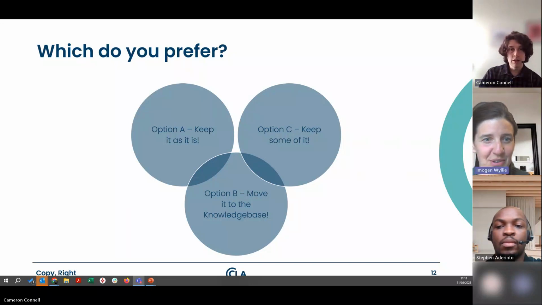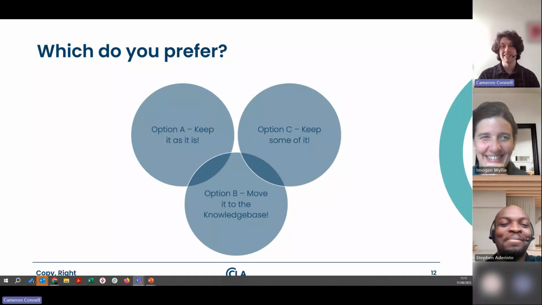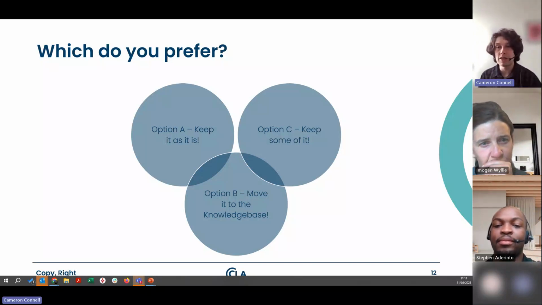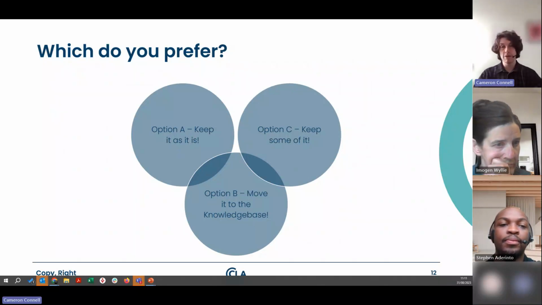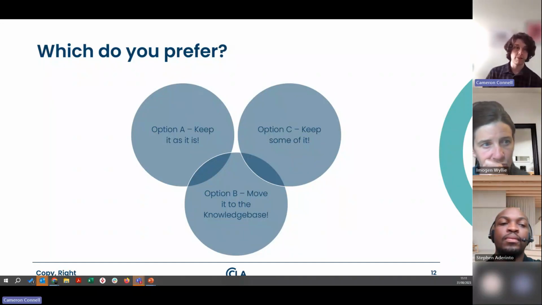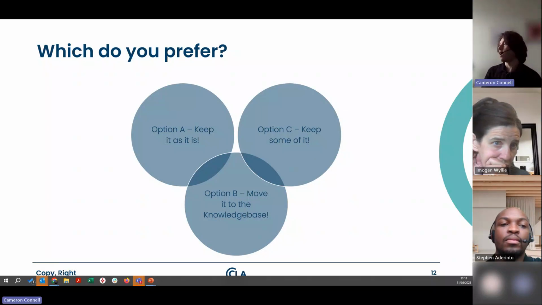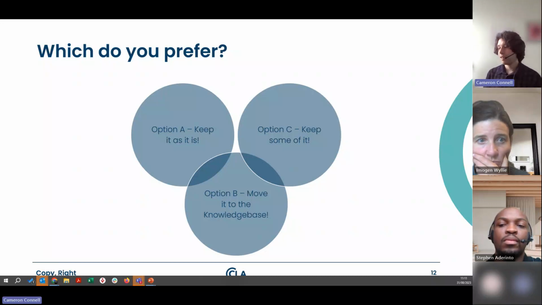Okay. Pretty strong results, I think. Yes, pretty strong results. So it's looking like the majority of you would like us just to move everything over to the knowledge base. So that's absolutely fair enough. We can get started on that very soon. A couple of you did want to still leave some stuff on there. Please do let us know what it is that you did want to keep on there, because if it was just, say, one link or something like that, then you could leave that on there, because we don't want to leave you high and dry, as it were. Let us know what it is and we can have a think about that. But it does look pretty unanimous that you'd like us to move everything over to the knowledge base. So thank you everybody for taking the time to have a look at that. That's great. Let me just close the poll now.